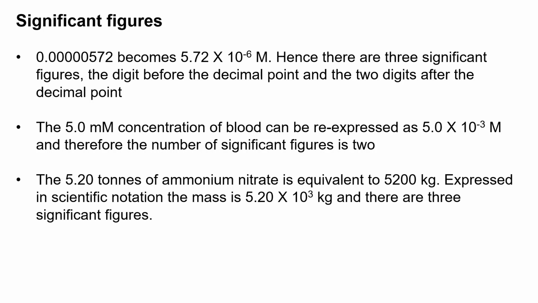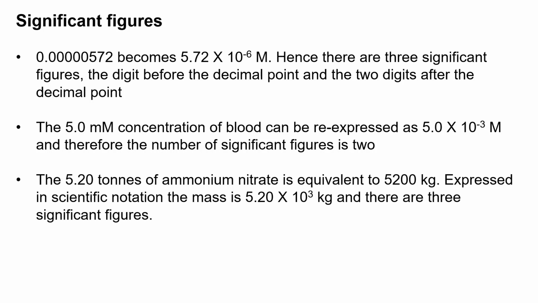In the next slide, I'll show you how we can convert these values into significant figures. For the first one, after the decimal there are 50 and then 572. We can write this value as 5.72 times 10 to the power minus 6 molar. Here we can see that there are only three significant figures, and the zeros before them are not significant. We can easily write them in scientific notation, and this notation gives a more professional